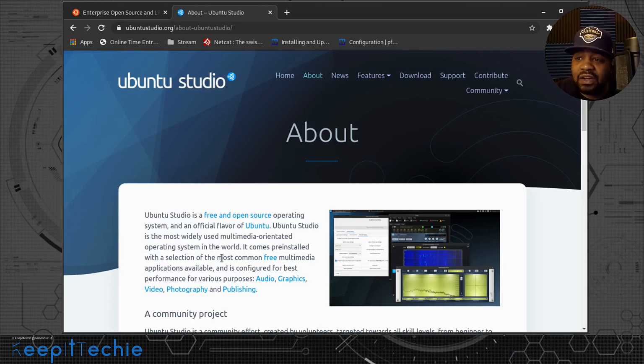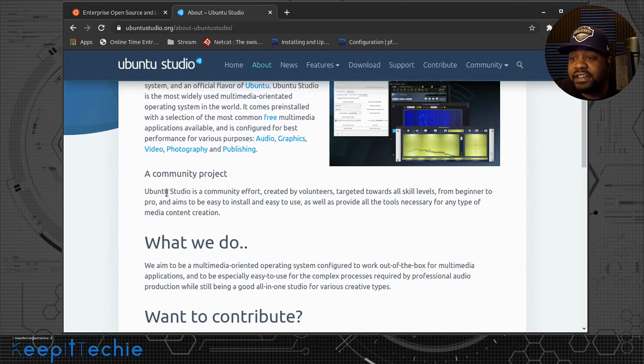It comes pre-installed with a selection of the most common free multimedia applications available, and is configured for best performance for various purposes: audio, graphics, video, photography, and publishing. And it says right here, it is a community project. Ubuntu Studio is a community effort created by volunteers, targeted towards all skill levels from beginner to pro, and aims to be easy to install and easy to use, as well as provide all the tools necessary for any type